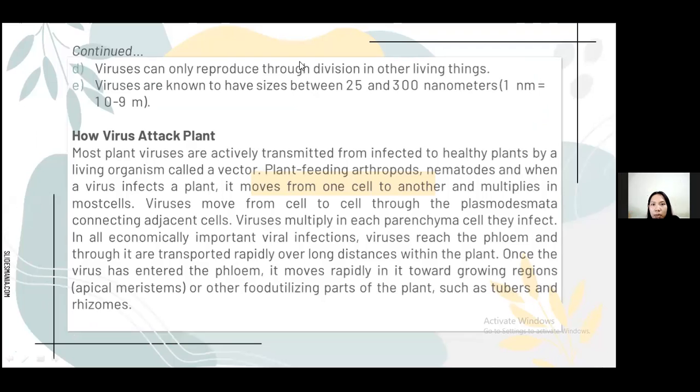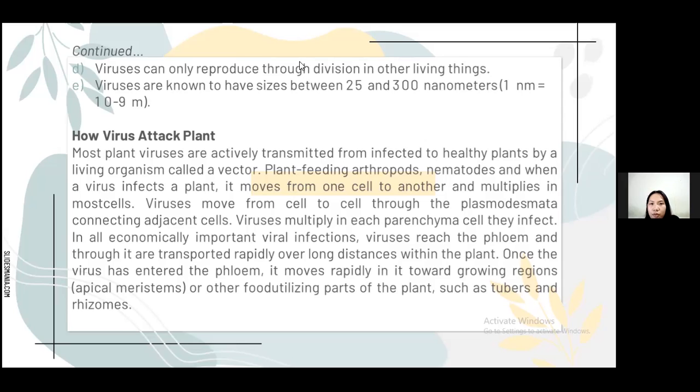How do viruses attack plants? Most plant viruses are actively transmitted from infected to healthy plants by a living organism called a vector: plant-feeding arthropods or nematodes. When a virus infects a plant, it moves from one cell to another and multiplies in most cells. Viruses move from cell to cell through the plasmodesmata, connecting adjacent cells. Viruses multiply in each